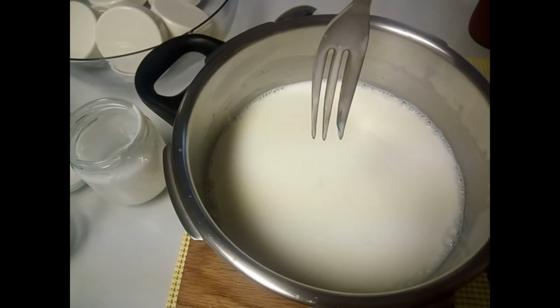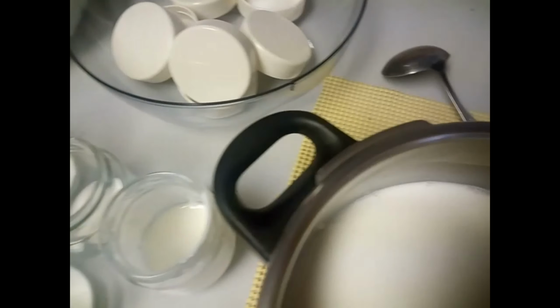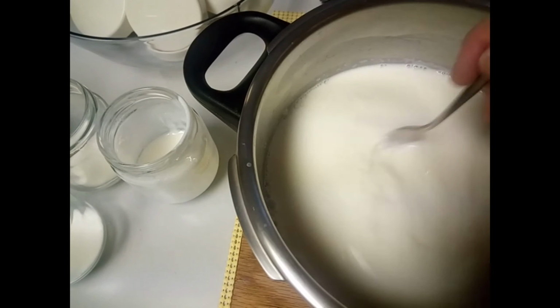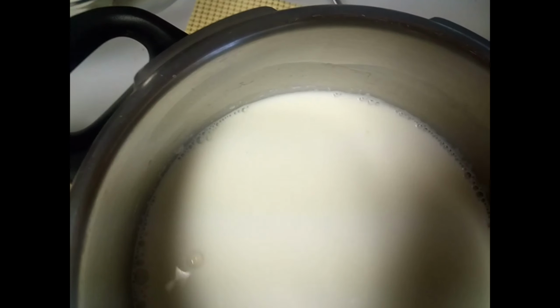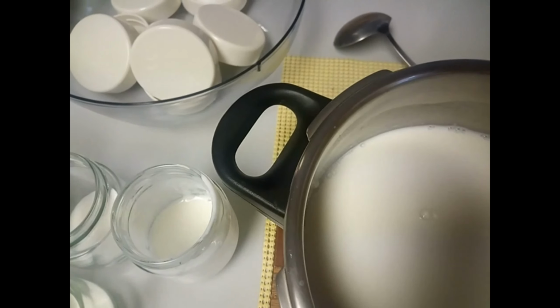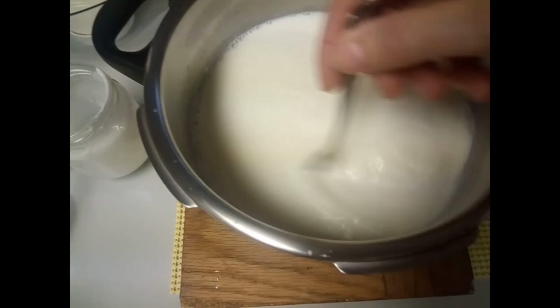A drop off the fork, so when I test it on my wrist, which I'm doing right now, then I have basically 3 drops on there. It's easier than, I find it easier than using a spoon. So the milk is lukewarm now,